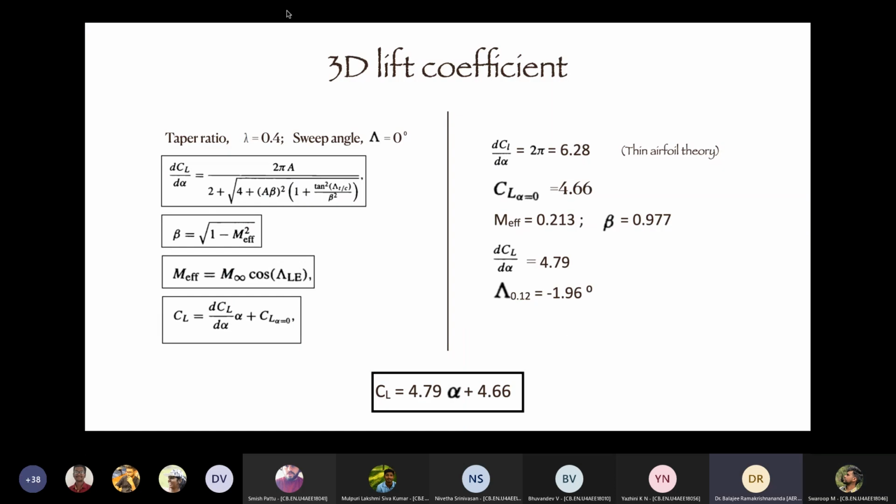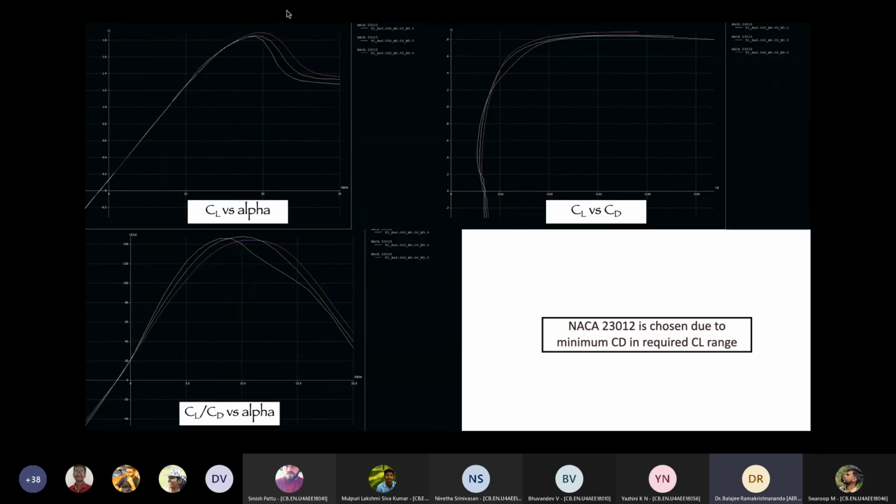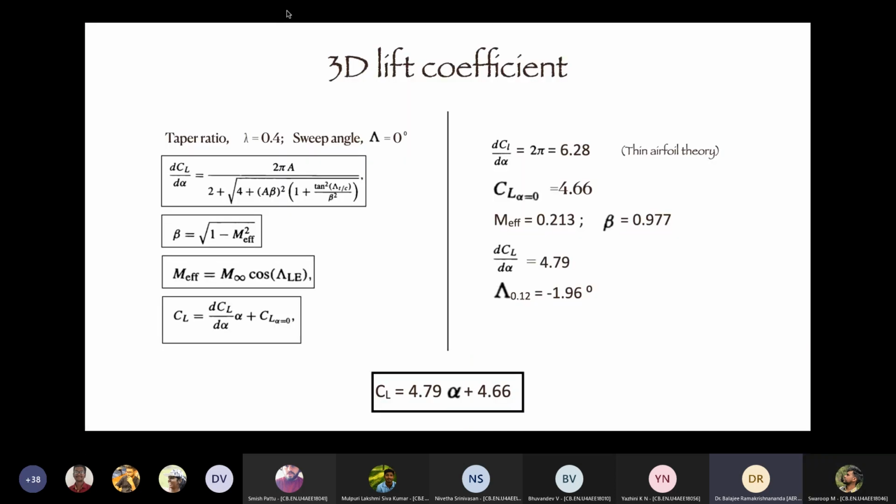But you can go for a higher thickness, up to 15%, because later on, from a structural point of view, you will get benefit. Okay, sir, the weight will reduce. So you can choose 15%, or 14% is best. 15 is okay. Don't go for 18, that will be overkill. Then you lose so much in aerodynamics. You can sacrifice a little bit of aerodynamics for benefit in structures. That will save your weight, and so decrease the drag in that way.